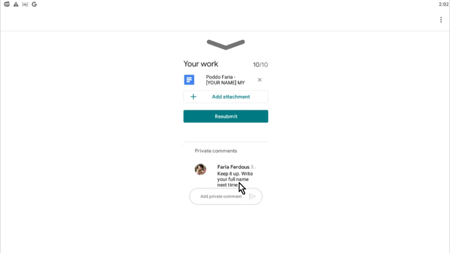Likewise, if I got any of the answers wrong, the teacher could also tell me how to answer it correctly and what I got wrong. For example, say they could tell me that I got question number 1 wrong because this word was not correctly spelled, or this was not in the story, etc., etc. So you should always make sure to look at your private comments to make sure everything is correct, okay? All your mistakes will be pointed out in the private comments so that you can fix them, okay?